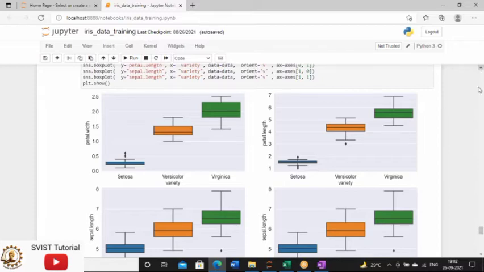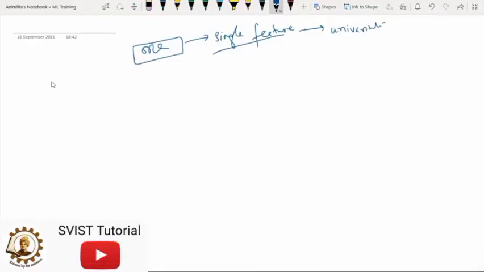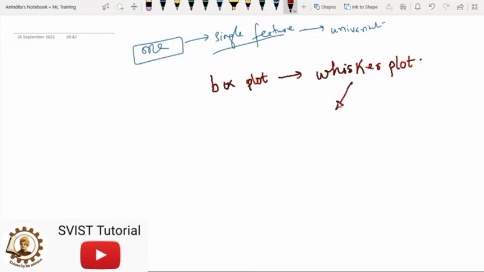So what is this box plot? First, let me explain this one. Don't get confused, because sometimes this box plot is also known as a whisker plot. This is the spelling. Whisker plot, which is created in order to create the summary. Summary of what?